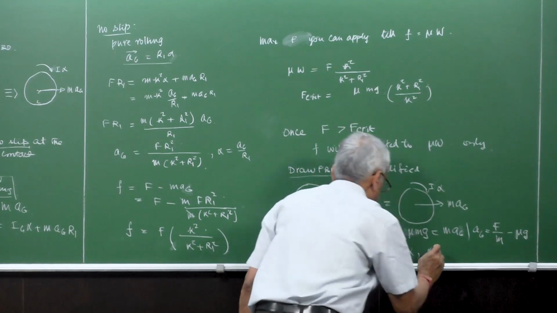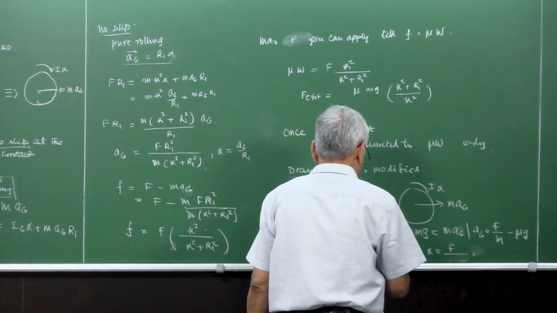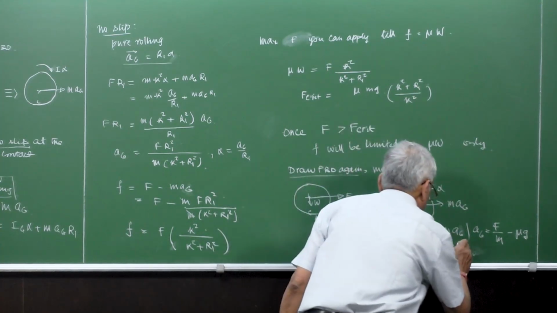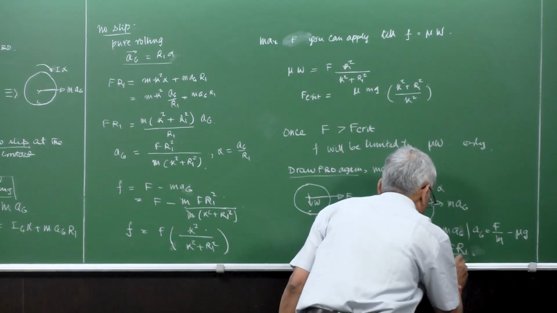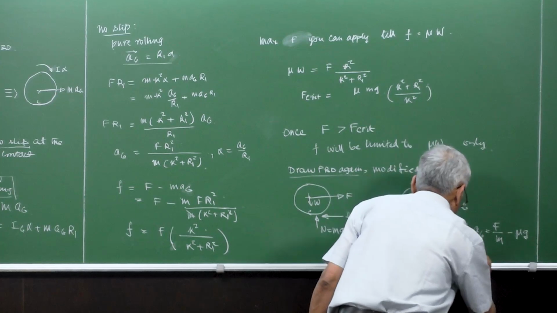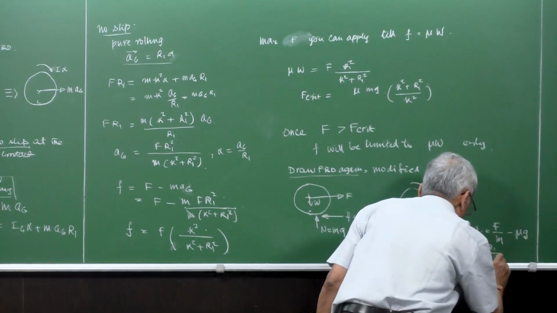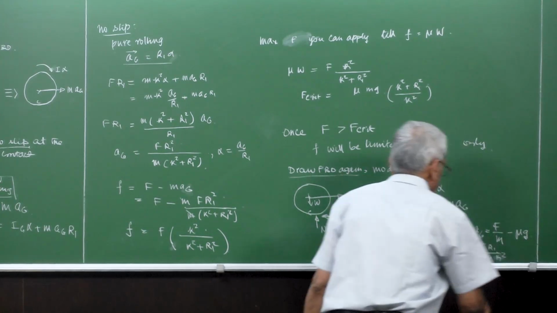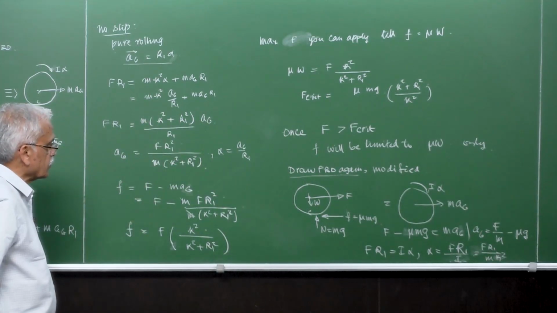So which means that alpha is equal to F R1 divided by I, right? And this is nothing but